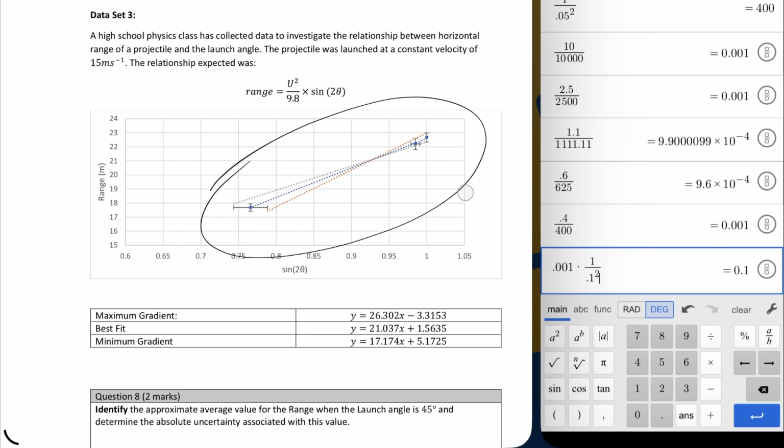So the first thing to do here, it's asked us to identify the approximate average value for the range when the launch angle is 45 degrees. So I need to know that sine of 2 theta is equal to sine of 90, which is equal to 1. So I'm looking here at this data point here, and I can see it's about 22.5 or 22.6. So my range